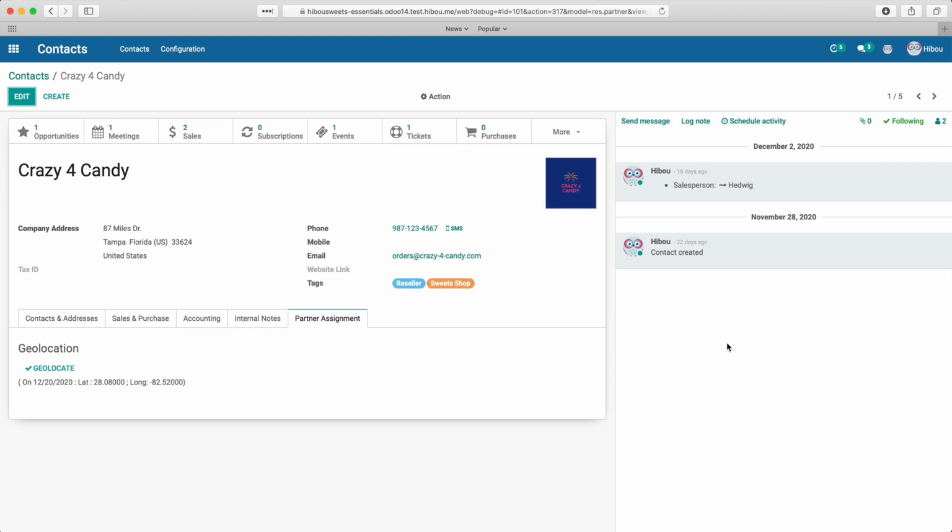Archive also functions as an alternative to deletion. So while you might want to delete something, maybe you create a contact and you realize it's a duplicate right away, so you delete it. That would be a perfectly fine way to handle that situation. But if you've already done something like confirmed a sale order and delivered goods to them or made invoices, etc.,